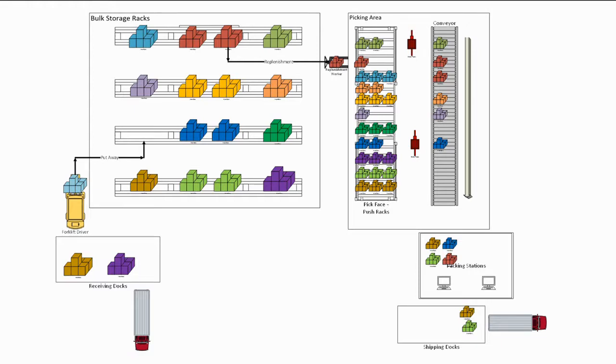And we have a conveyor. So the idea here is that once I've put inventory into my bulk storage locations, if I have a demand that I cannot fulfill from my pick face, my picking area, then I want to trigger replenishment to move inventory from the bulk storage racks to the picking area so that I can ship the orders that have come in